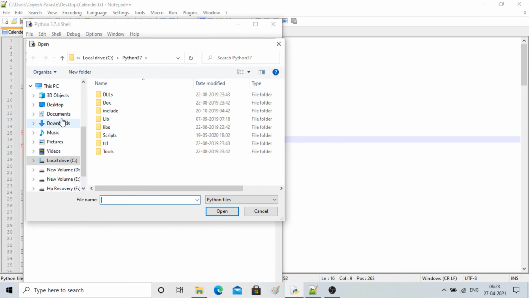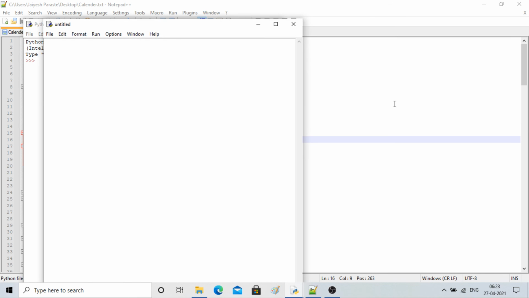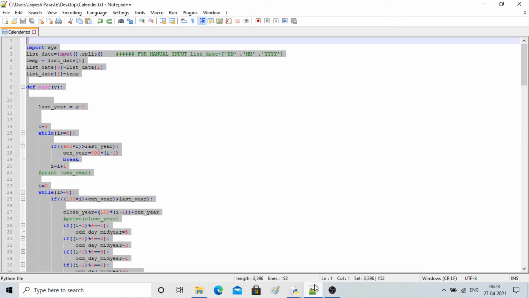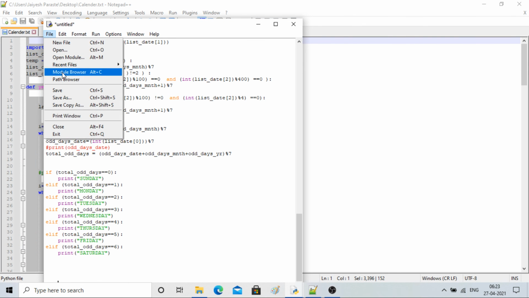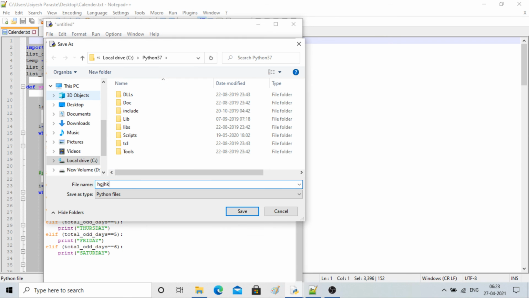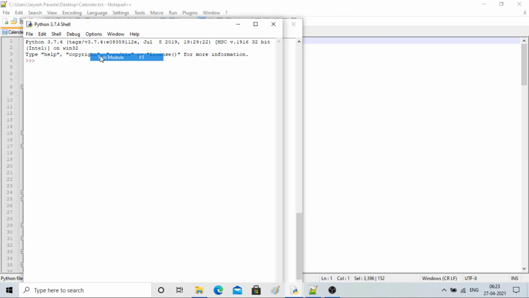It is available on the desktop. Oh no, I have to make a new file, right? I'll take this whole code and paste it in my IDE, and save it. Save as some random name on the desktop, and I'll run it so that you will see it running.